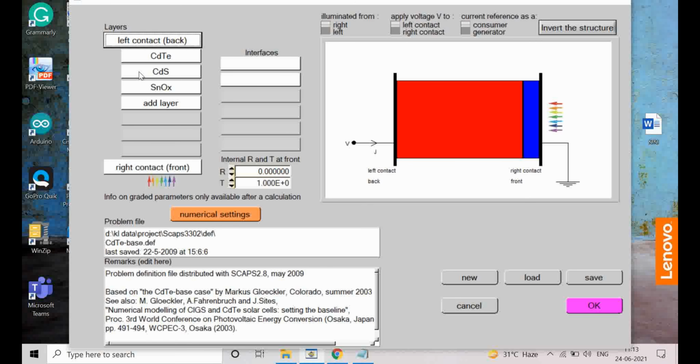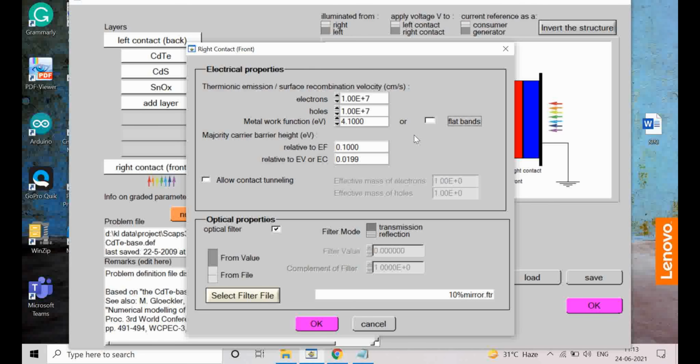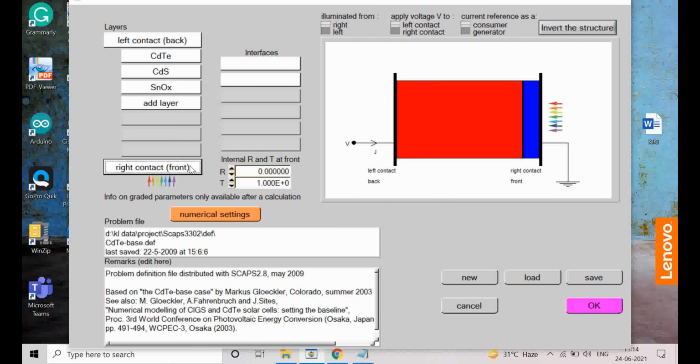We are lowering the probability of forming a Schottky diode at the back by choosing the flat band at the bottom, at the back contact. And here again, the N type is also a right contact. The advantage with the right contact is that it is an N type layer. So SnO is an N type layer, basically an N plus type layer.